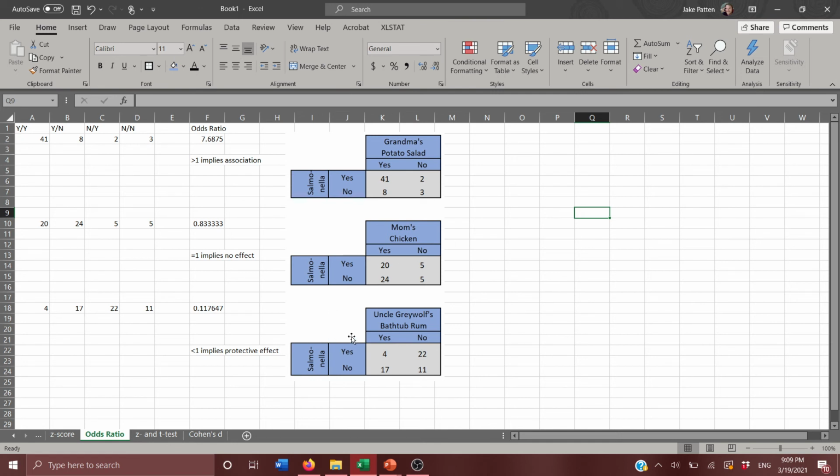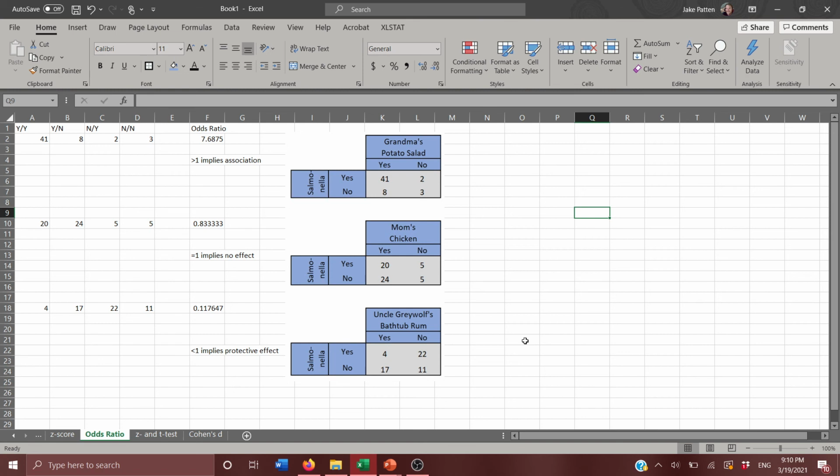And then if you look at Uncle Grey Wolf's bathtub gin, you see that it's pretty low here. And a number that's less than 1 implies a protective effect. And in fact, I don't know if bathtub rum would protect you from salmonella, but there is good evidence that whiskey would protect you from cholera, which is also a bacteria. It's a waterborne bacteria that causes, I was going to say food poisoning. It's a hell of a lot worse than food poisoning. It causes death in